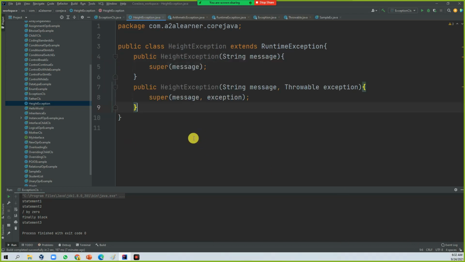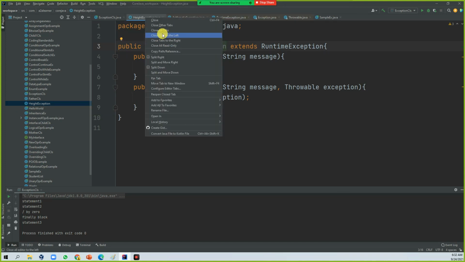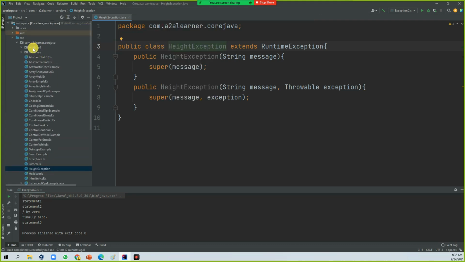Now, how to use this customized exception? Let me do one thing. Let's create another class. Let's close all of them. Let's create one more class.